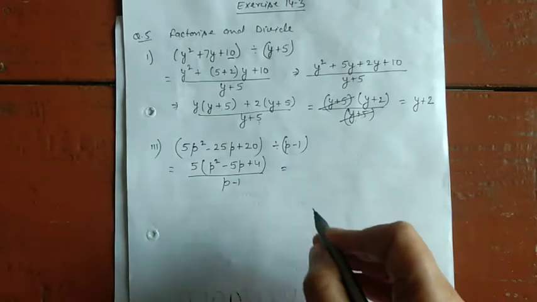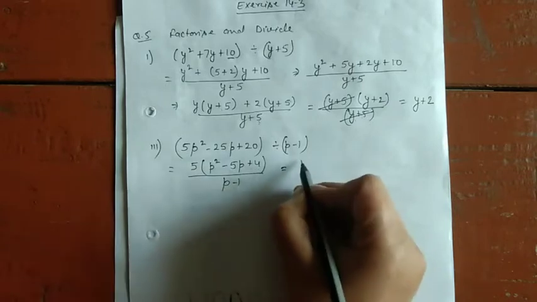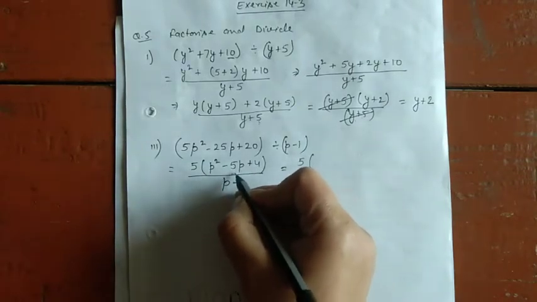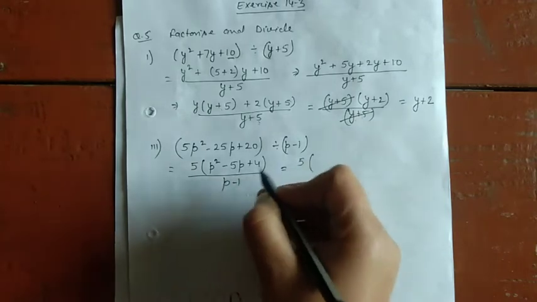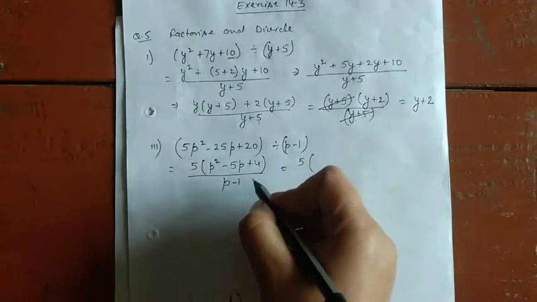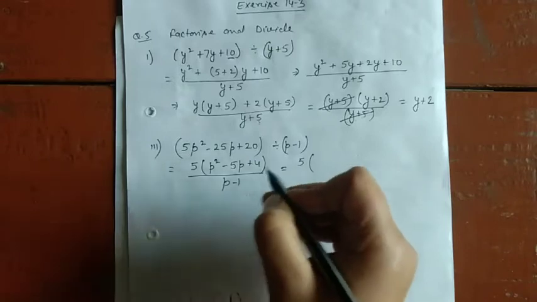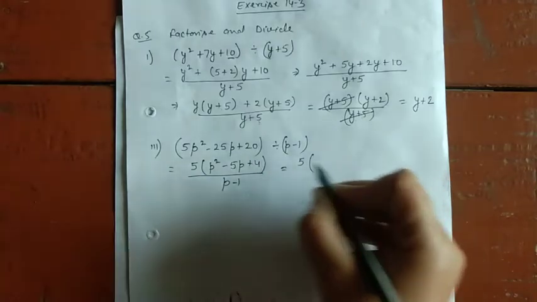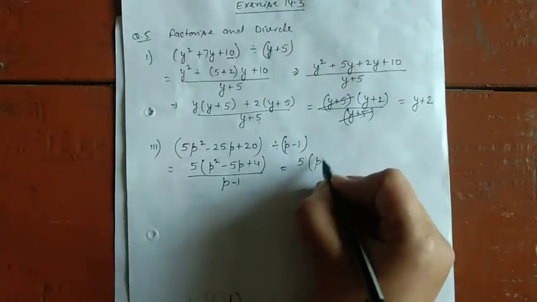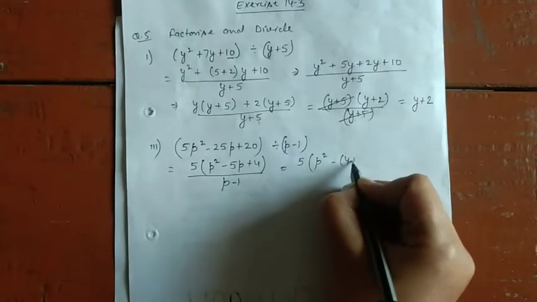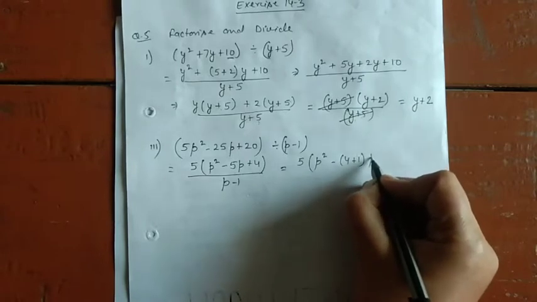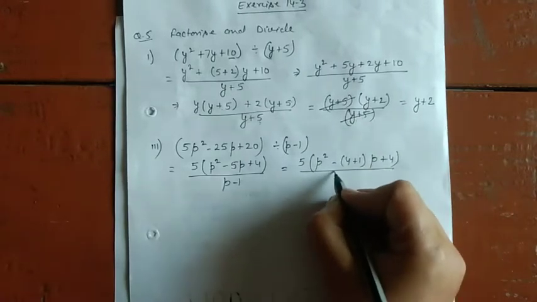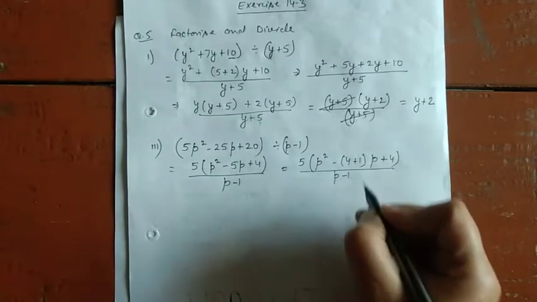Now see, the next step is that you have to find the factors of this 4 for which the addition or subtraction is 5. With the lower factors, 2 and 2, it is not possible, because 2 plus 2 does not give 5. So we take 4 and 1, because 4 ones are 4, and 4 plus 1 is 5. So these are the possible factors for the given expression.